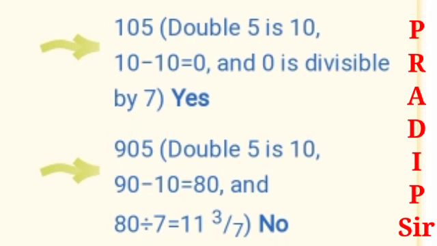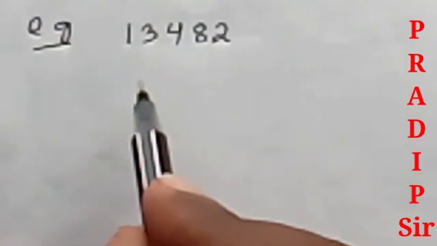Take another example, 905. Now the digit in the units place is 5, and the double of 5 is 10. If we subtract 10 from 90, 90 minus 10 is 80, but 80 is not divisible by 7. So the number is not divisible by 7. So this is the process to test whether the number is divisible by 7 or not. Now take the example of another number,